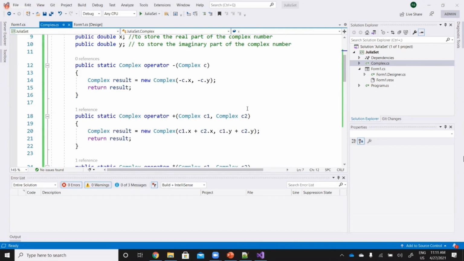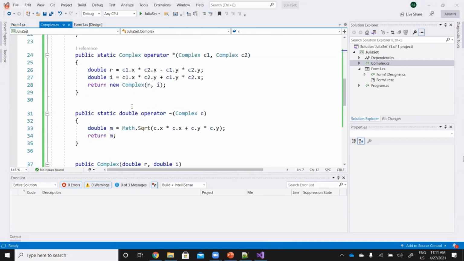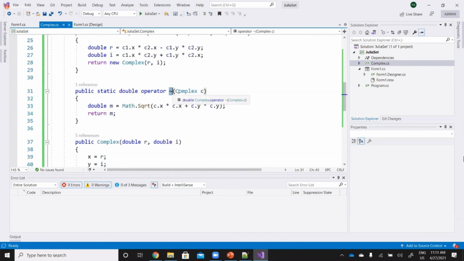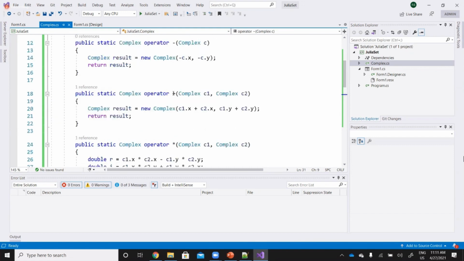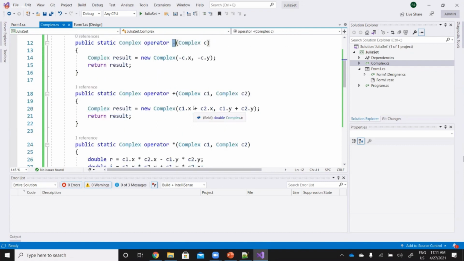Yes, my complex number operator overloading, and this is the same class, and the only difference is I have overloaded the multiplication, and I use the tilde mark to get the magnitude, right? Addition and subtraction were there already.